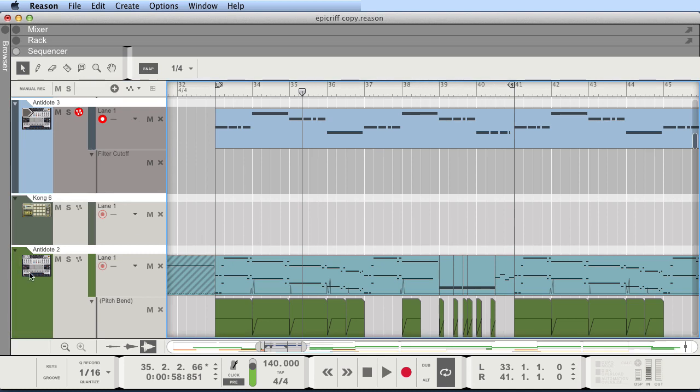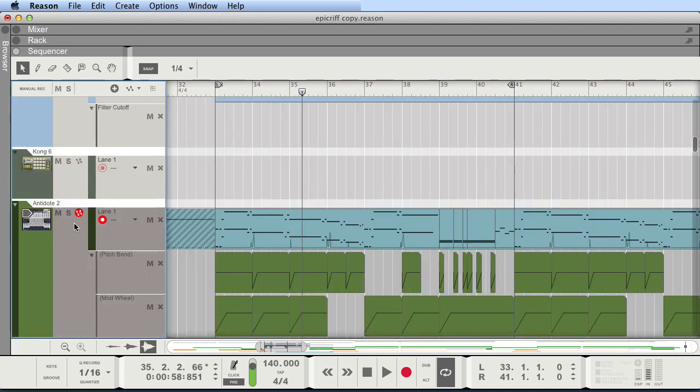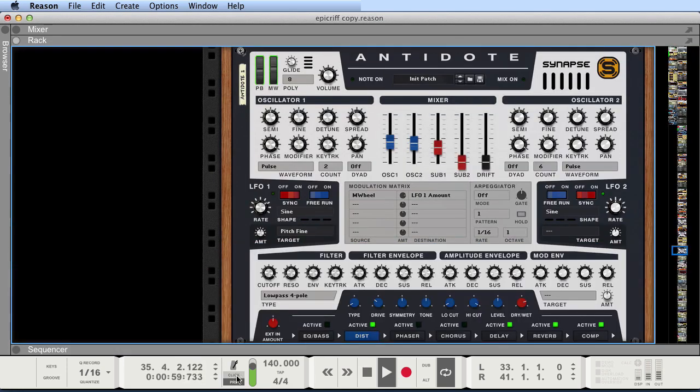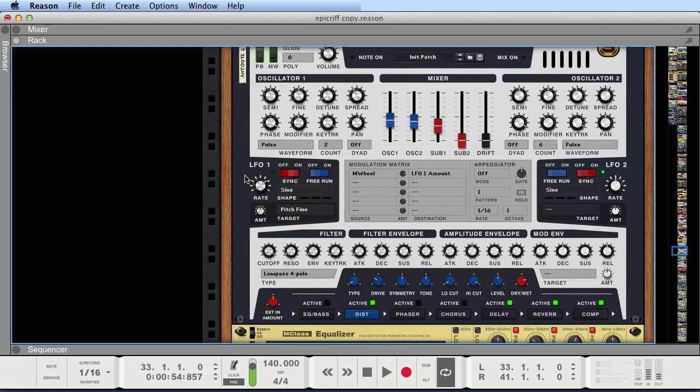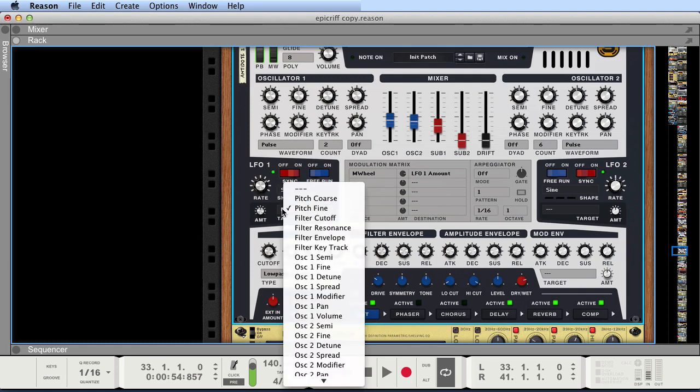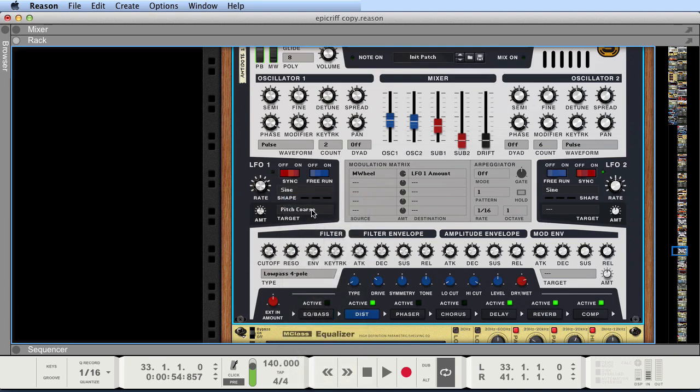Okay, Antidote number 2. This is the melody kind of part, I think. This one's a bit more interesting because we've got several things going on here. First of all, we've got some LFO modulation being applied to the pitch fine parameter, where you can choose between pitch coarse and pitch fine. If I were to put pitch coarse, you'd get this sort of effect, but fine is good for vibrato kind